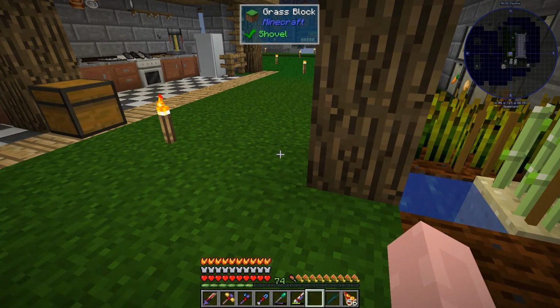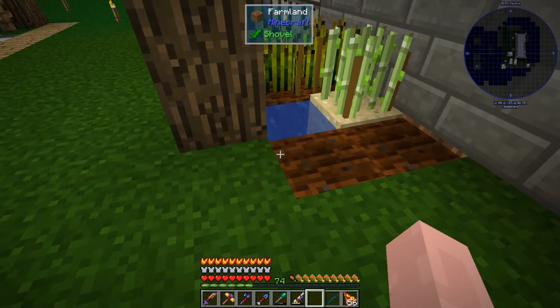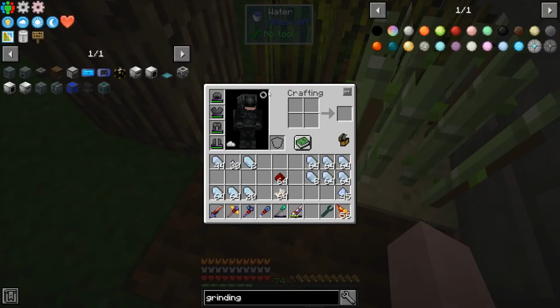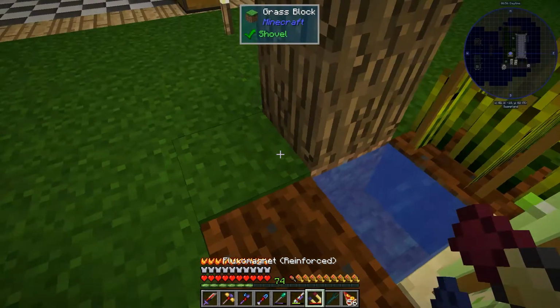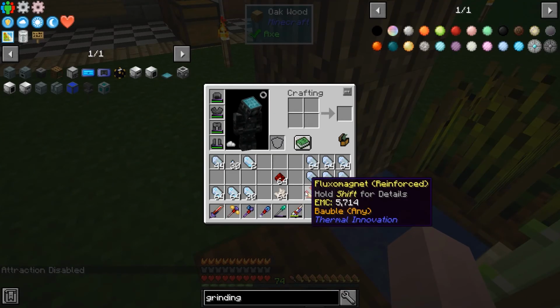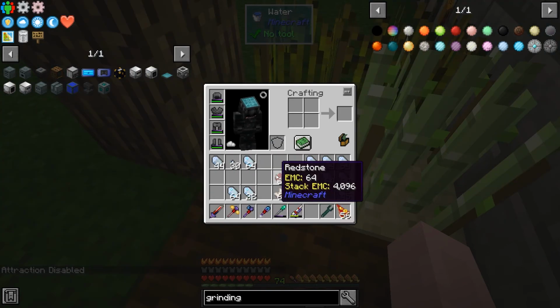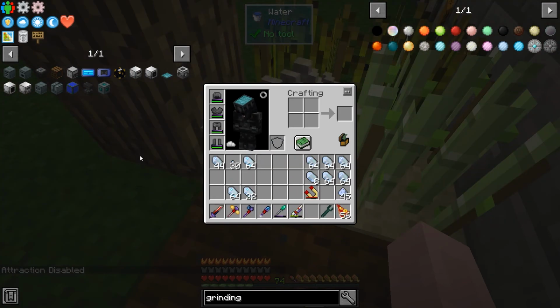But like I said, this episode I want to get into AE2 and at least get a basic ME storage system started because I have way too many chests sitting all over the place that I want to consolidate. So in order to get into AE2, I need to make 64 Fluix crystals, which takes a little bit of time. First, let me disable my fluxo magnet. There we go, disabled. And in order to make the flux crystals, I'm going to take some charged Certus quartz, redstone, and